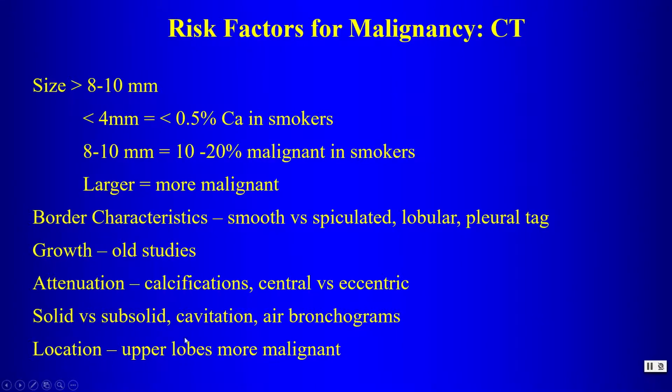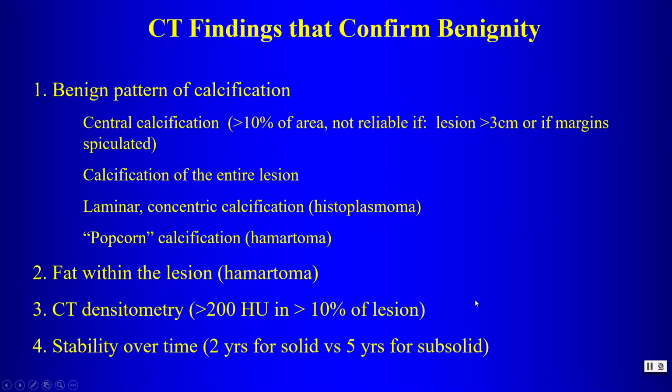Solid versus subsolid, cavitation, air bronchograms, these things are also important, and we will discuss why when we get to that in a few minutes. For whatever reason, lesions in the upper lobes have a higher probability of being malignant compared to lesions elsewhere within the lung. In terms of CT findings that confirm that the nodule is benign, there are certain benign patterns of